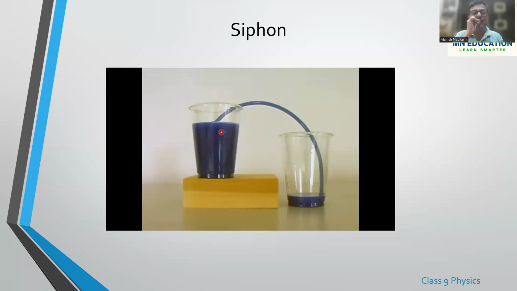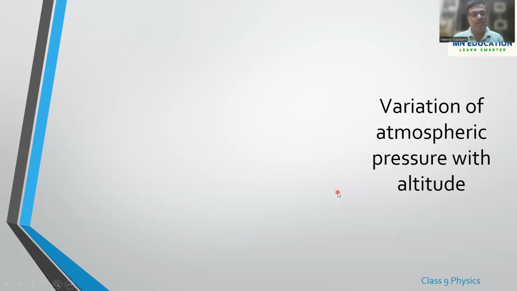Let the liquid completely fill the tube and then drop the tube in the lower vessel. You will observe that the air pressure acting on this surface will push the liquid through this tube, and when the liquid in the tube starts falling in the lower container, when the liquid falls, it creates a kind of vacuum due to which